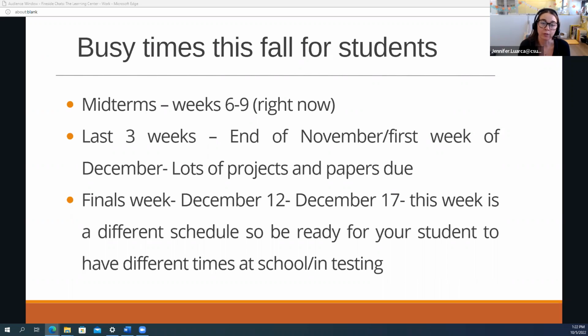And then the last 3 weeks of the semester. So coming out of our Thanksgiving break, we have that week off. Then students have 3 weeks until finals. And that turnaround is so quick. And within those 3 weeks, they're going to have papers, projects, a lot of big point items coming at them, maybe an exam or two, and then turning right around and having finals week. So that portion can be very chaotic.